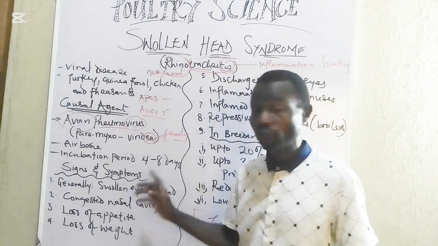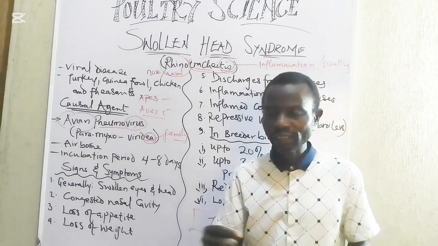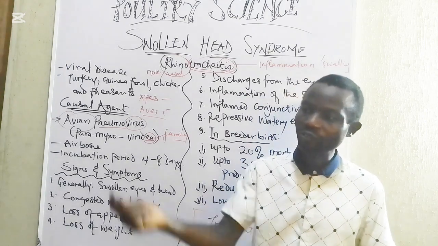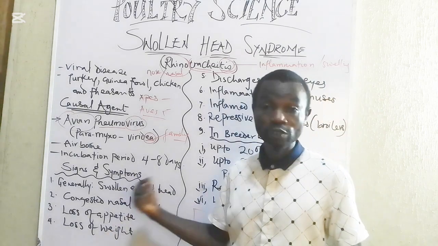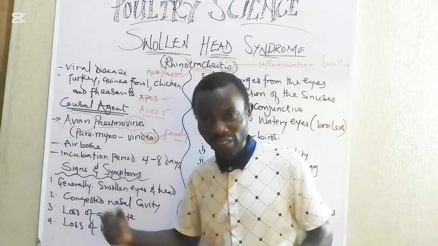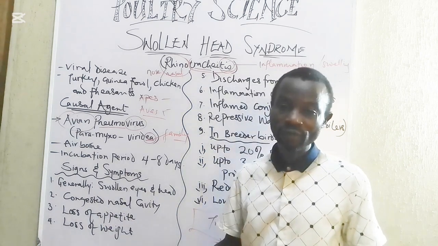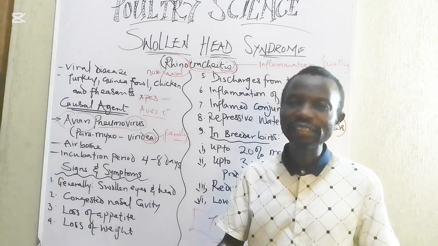It's usually between 4 to 8 days. So from 4 to 8 days, we begin to see that this thing that happened 4 days earlier or 5 days earlier or 6 days earlier or 8 days earlier, you begin to see manifestation. Now, what are some of those manifestations? The signs that you see, the symptoms that you see,